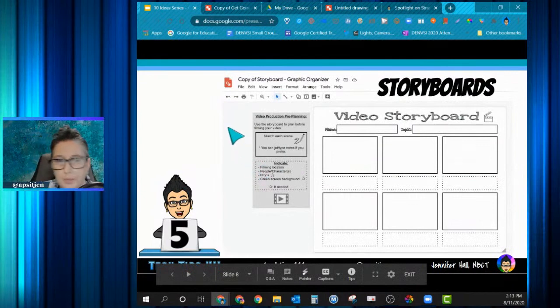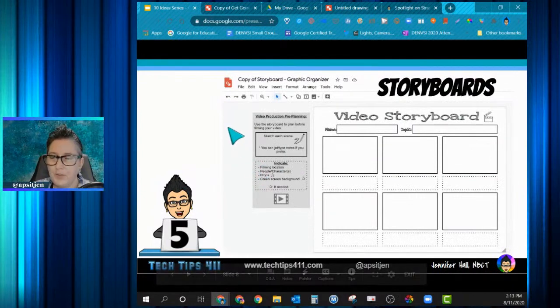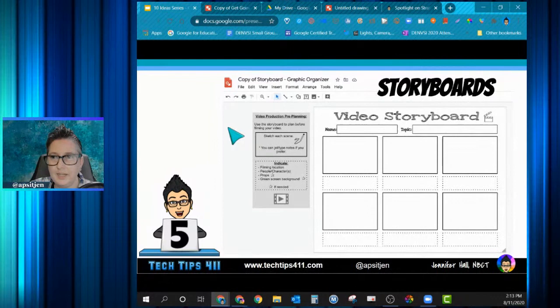All right, idea number 5. And again, if I'm going a little fast, the goal is this is kind of like just quick 10 ideas. Think of it like the David Letterman top 10 list. This is in no order of importance. It's just 10 ways you can use this tool. So number 5, storyboards. So I do a lot of video production with students, and so I've created this storyboard